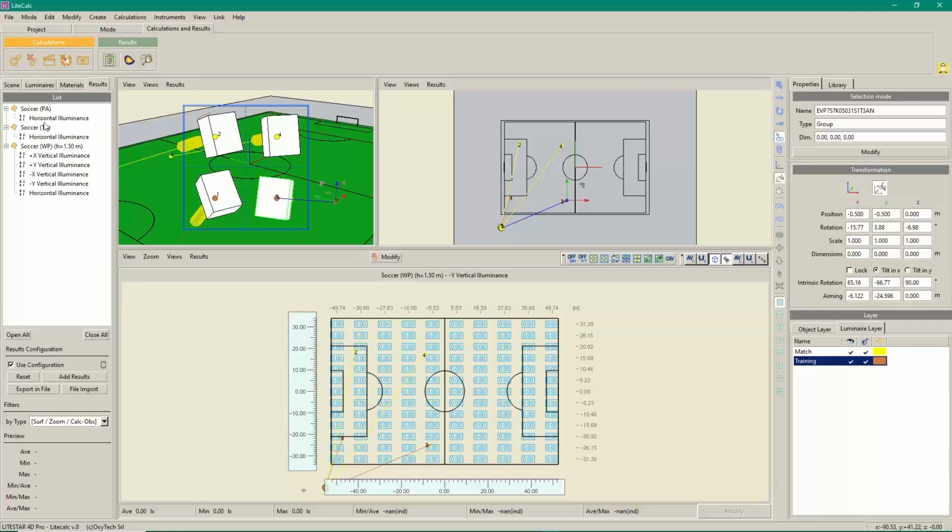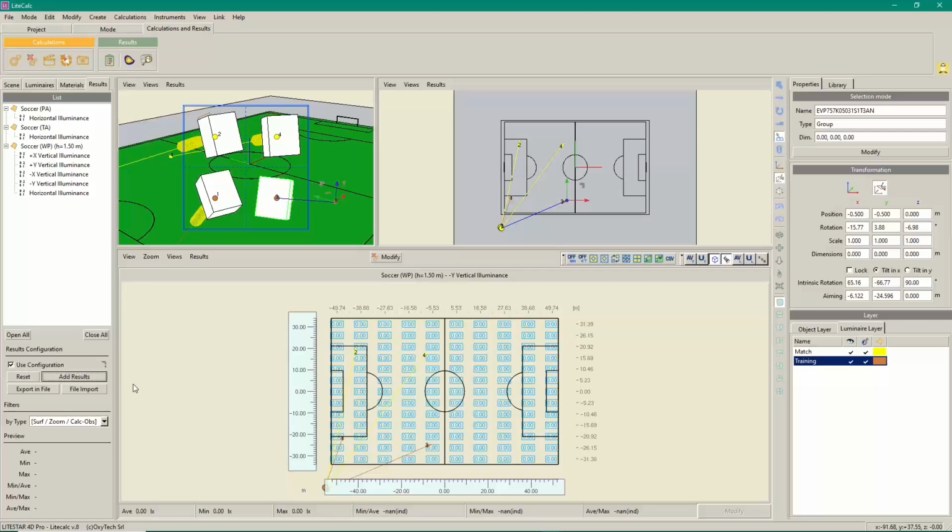So once we have selected the results of interest, then we can add the results, as you can see, and this will be automatically saved as the configuration of the results of interest for the designer,